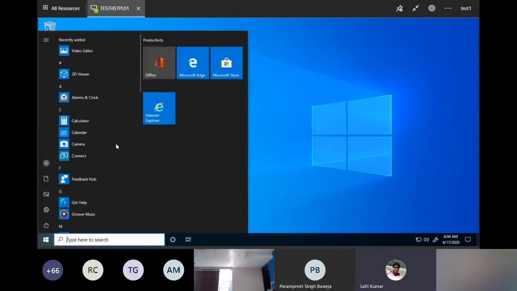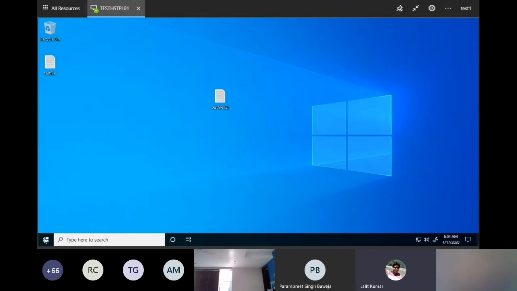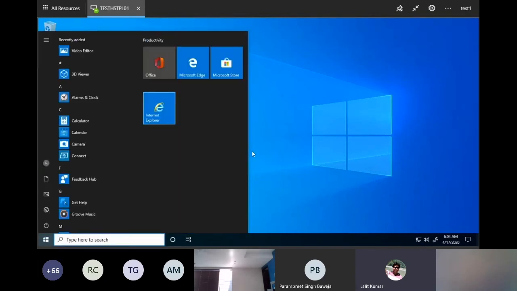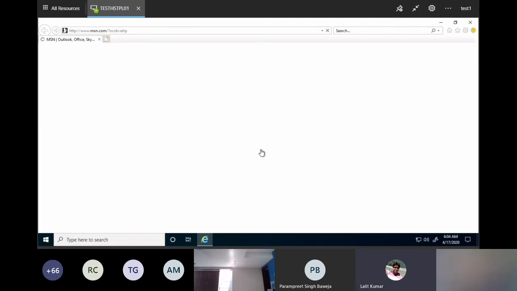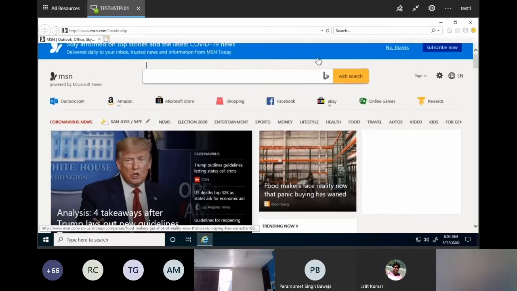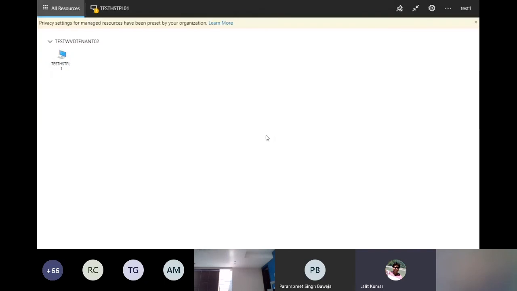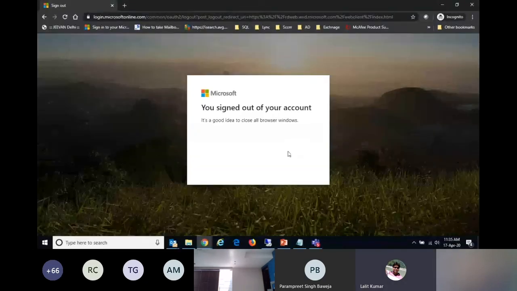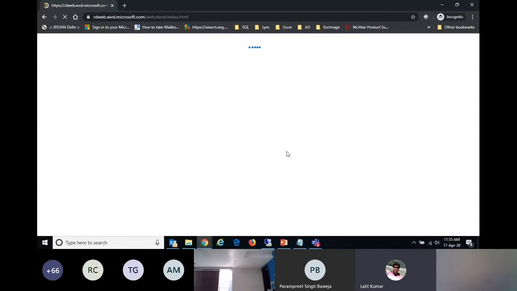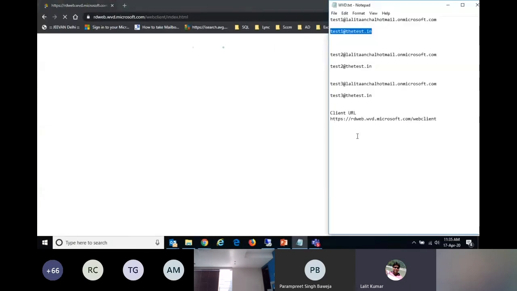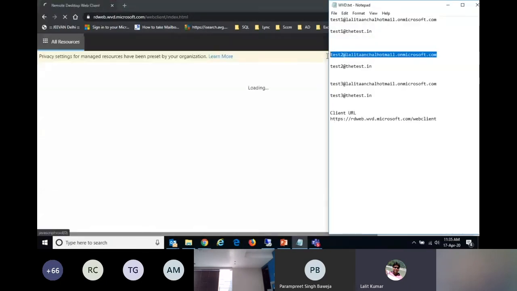Now you can see all the stuff, or if you want, you can access your on-premises applications and all. So I'm signing out, and I will show you my second host pool, which has Office 365 Pro Plus.